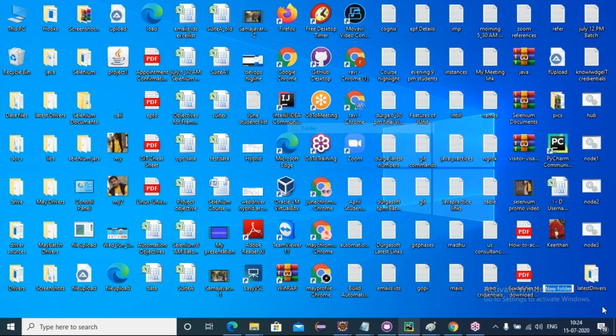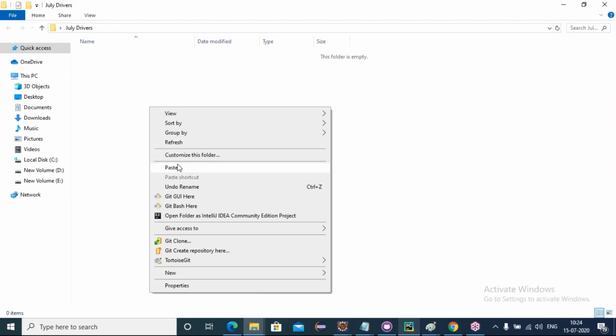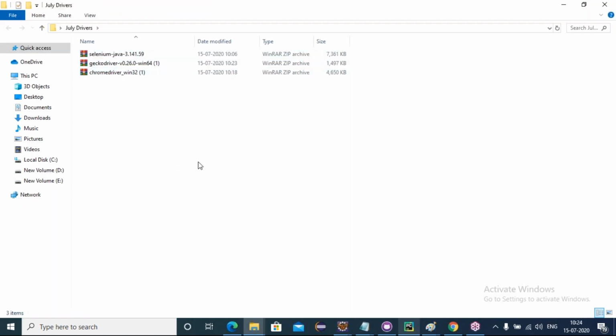New folder, named drivers. In this folder I am keeping what I downloaded, the language bindings and drivers.